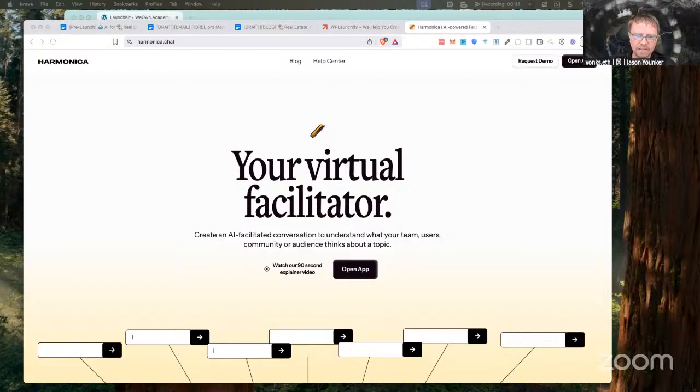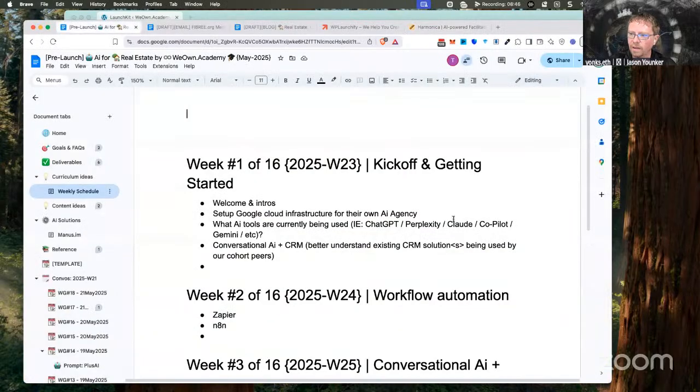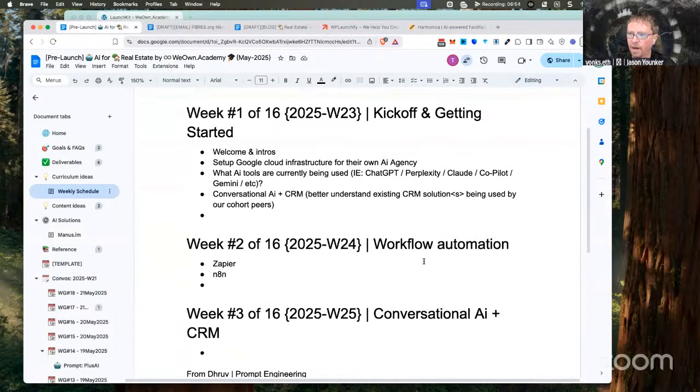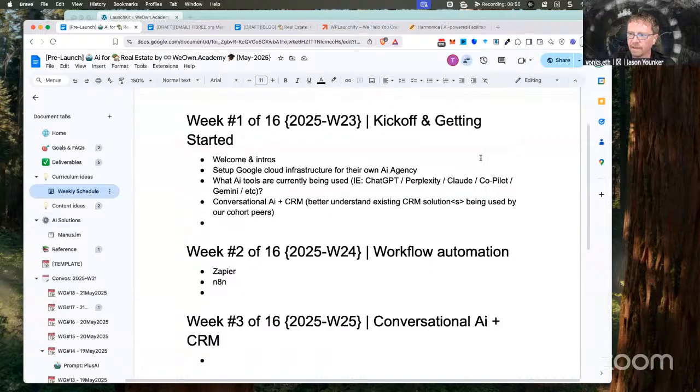And this is me just typing in chat the message that I'm blasting out. So Harmonica is where, and this is one of the things we want to get great at, getting feedback on the front side, because this cohort, going back to our weekly schedule, isn't well-refined content. This is something we're going to continue to iterate upon as we build it. So this is the kickoff and getting started, week one. We want this to be a solid experience.